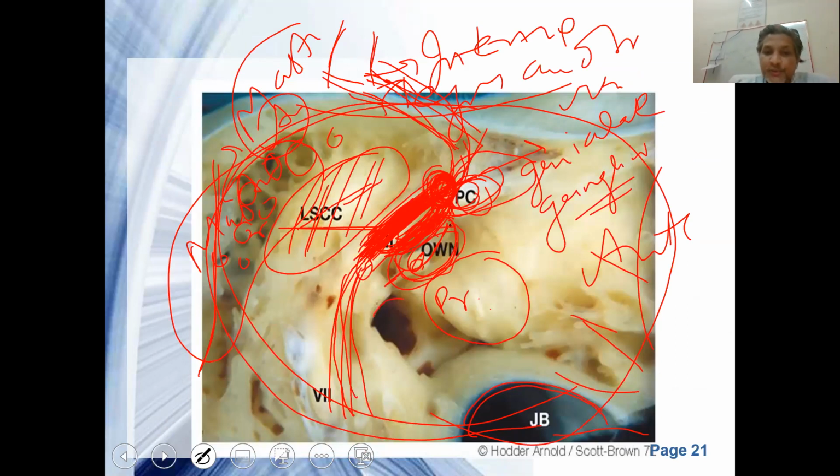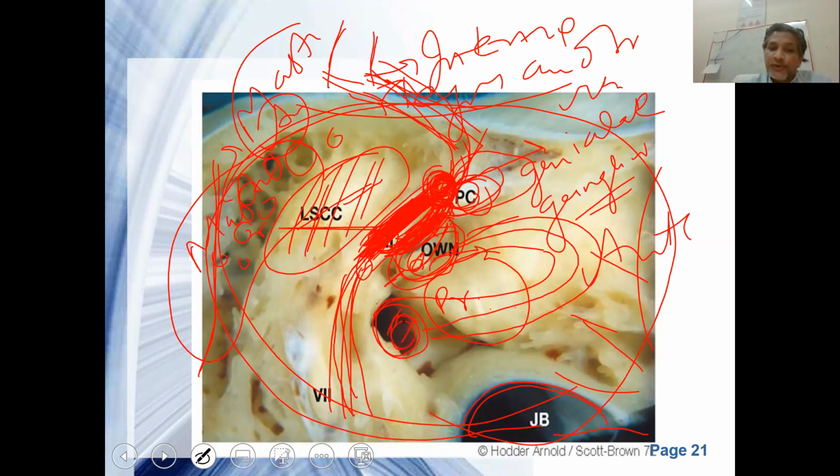The oval window is closed by the footplate of the stapes, and the footplate has a to-and-fro rocking movement, in which the stapes vibrates into the oval window. The stapes vibrates into the oval window and pushes the internal ear fluid, and the internal ear is compressed and relaxed by another window, which is called the round window. So the stapes pushes the internal ear fluid, and the releasing window is present in the form of the